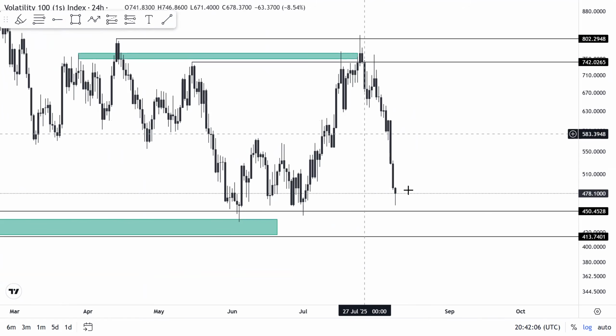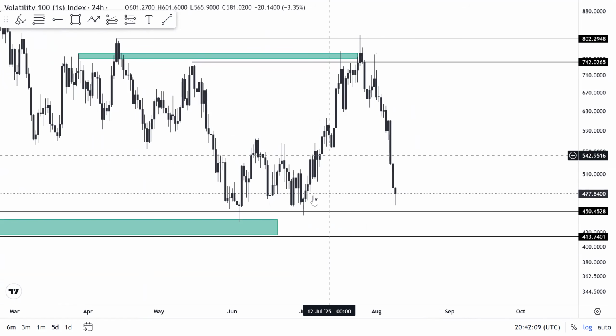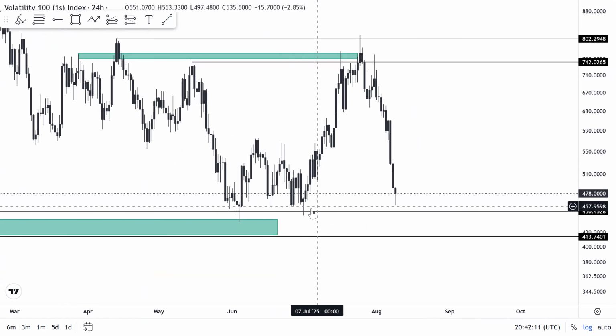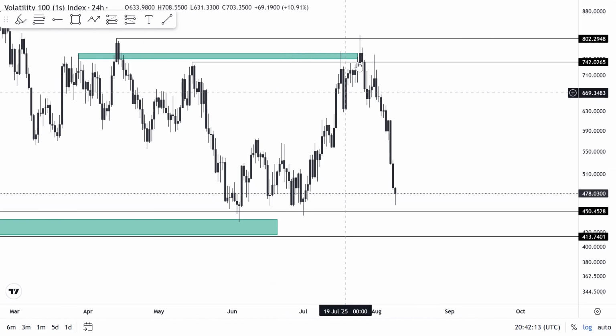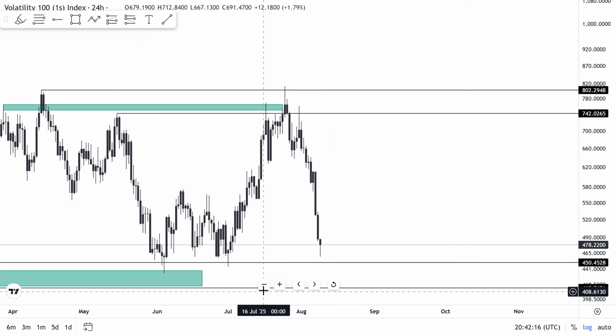To me, whatever is happening right now is just a fake out to come and take out a structural liquidity on the lower time frame here. There should be a structural liquidity here that price is coming out to take out, then to continue what? The expansion to the upside.